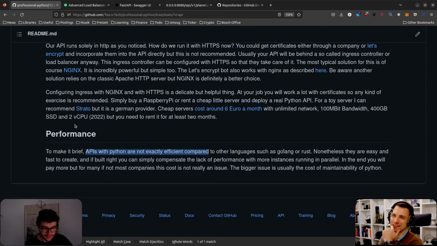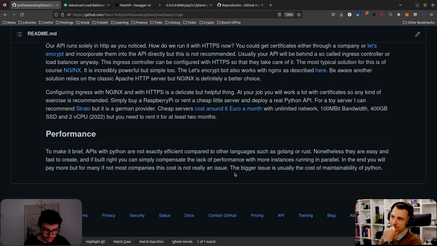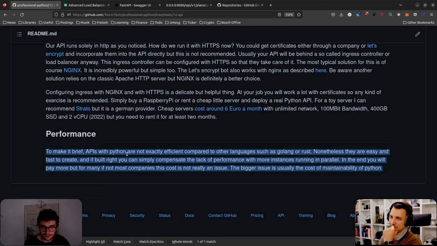Usually if you go with Python and build an API, you want to save on development time, so you build it quickly with FastAPI and deploy it quickly. If you deploy it on a cloud service provider and there's more traffic, they just spawn more in parallel. That's really how horizontal scaling deals with this pressure.